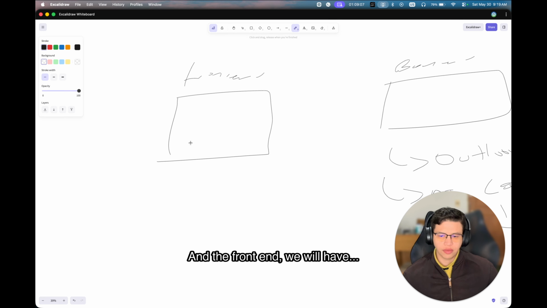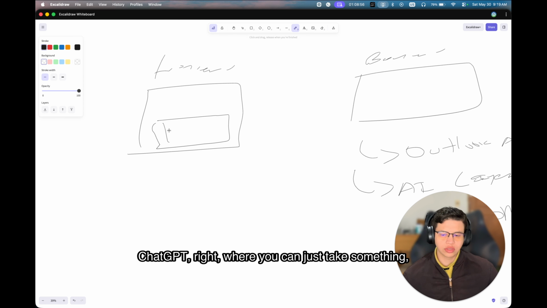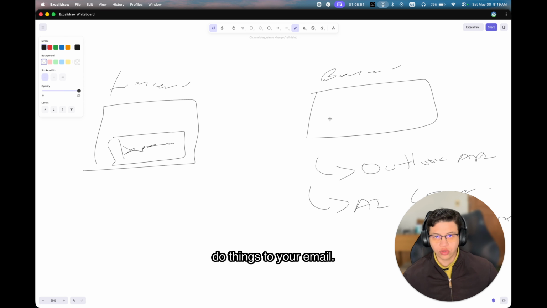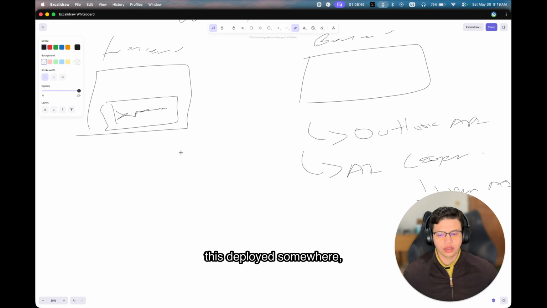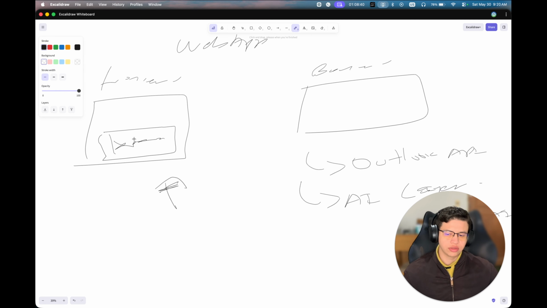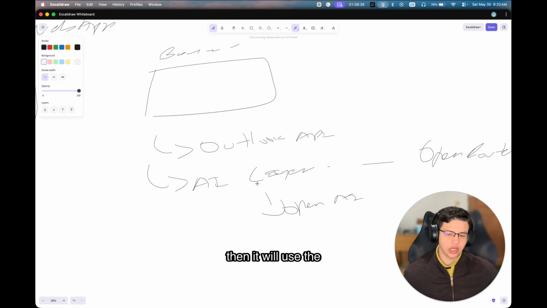And in the front end, I think I will just create a chatbox type of front end, like ChatGPT, where you can just text something, like "Hi," whatever, and then it will do things to your email. So it will be a web app, right? We will have this deployed somewhere, and then the idea is that you text the AI with something, and then it will use